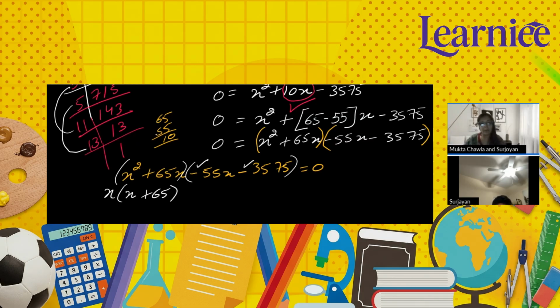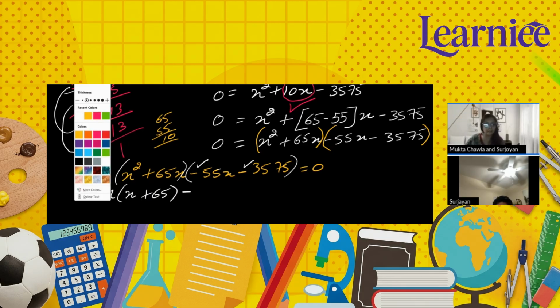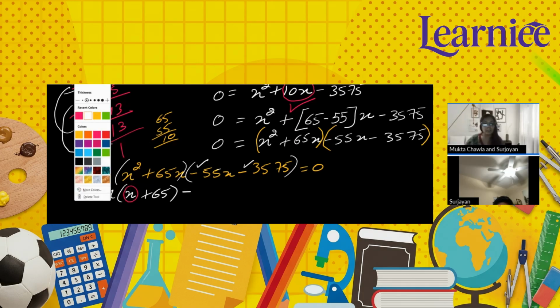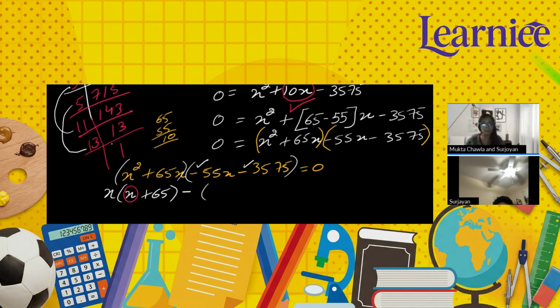Also, see, here we have minus minus, so we can take the minus sign also common. What else can we take common? If there is a problem in taking common values, you can take a hint from the first bracket. In the first bracket, we were left with only x. See, I'm highlighting it in pink. From here, I can take the hint. So in the second bracket also, we are supposed to do the same thing, because the brackets have to be the same. If in the first bracket we were left with x, here also we will put only x. So if I put only x, it means I have taken 55 outside.